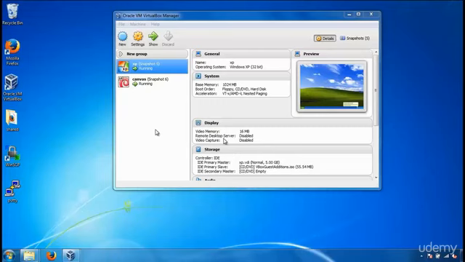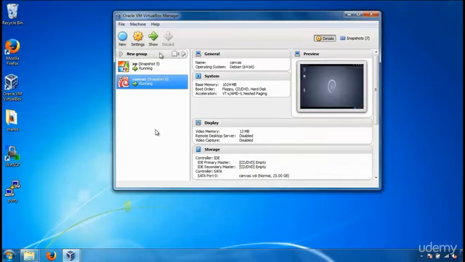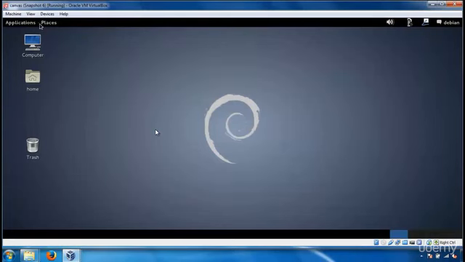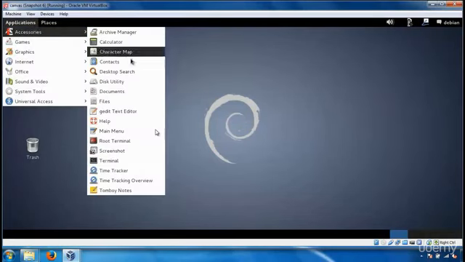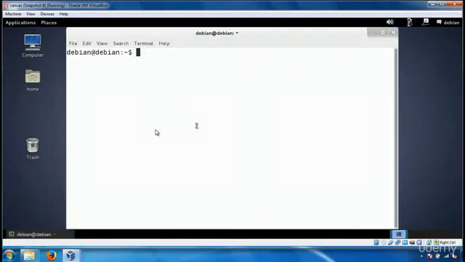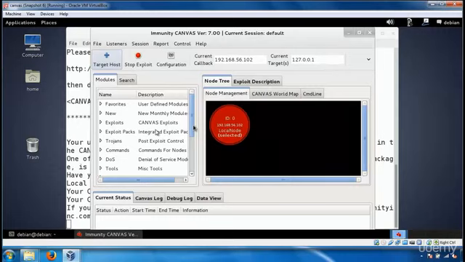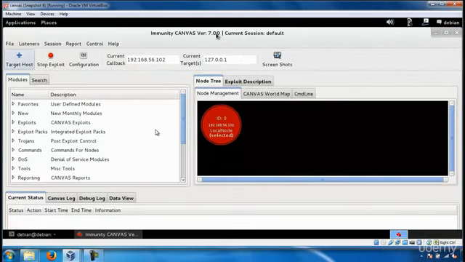In this section, we're going to be seeing how to use Canvas to exploit a Windows XP machine. So let's get started. Let's go to Applications, Accessories, and Terminal, and go to the /opt/canvas folder and run canvas.sh. So we're going to be running this file, and Canvas has opened up,